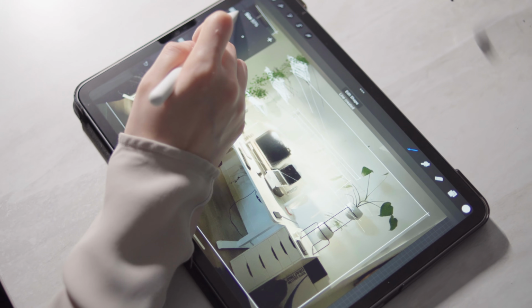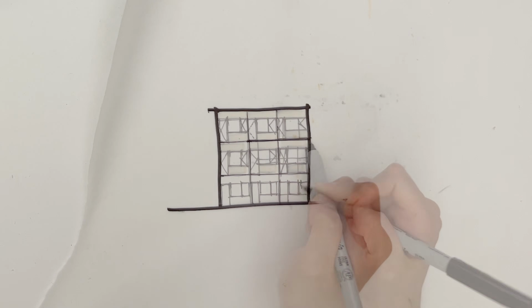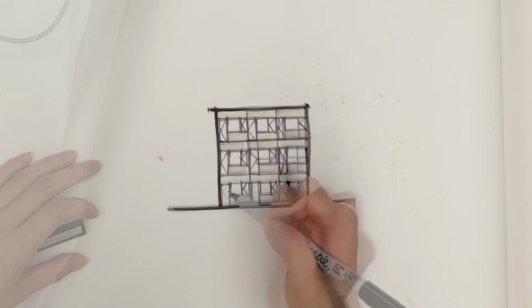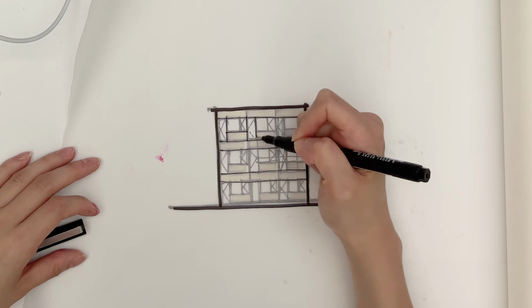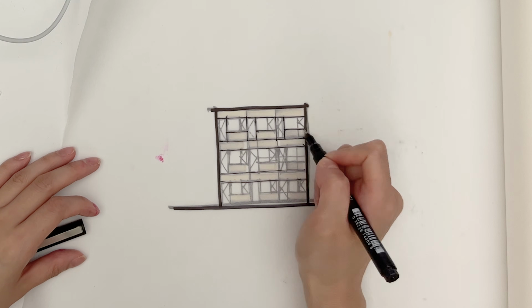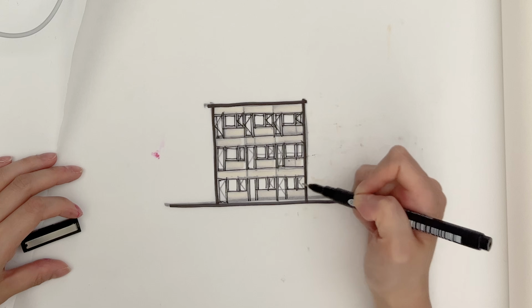So the first way I use the iPad is for design iterations, as a design tool in the earlier phases of the design. So when you're in the schematic phases of the design, you don't really want to spend too much time fully developing one option. You want to try doing multiple iterations and spend that time to develop multiple rough options. And that's because you can have a much better discussion this way. Like, you can talk about the pros and cons of each option,